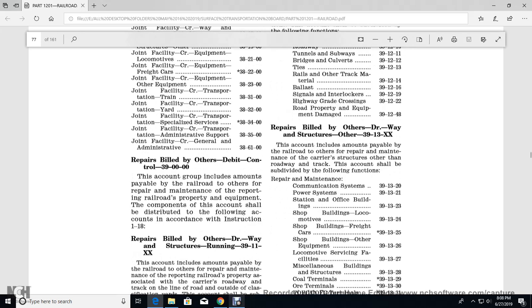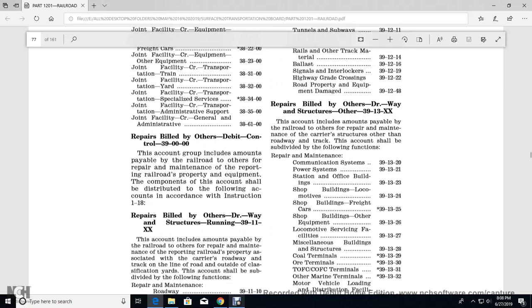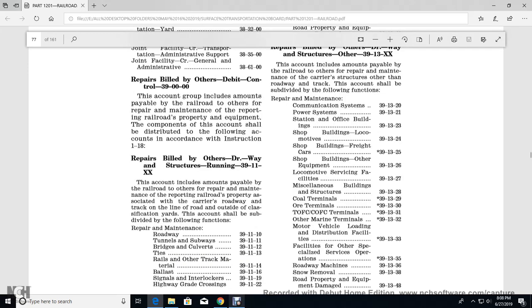3913 XX. The account includes the amounts payable to the railroad for other repair and maintenance of structures other than roadway track. The account shall be subdivided into the following functions: repair and maintenance, communication system, power system, station, office building, shops building, locomotive shop building, freight cars shop buildings, other equipment, locomotive service facility, miscellaneous